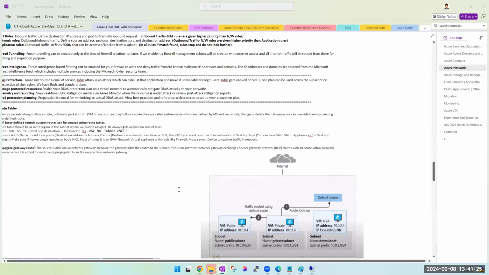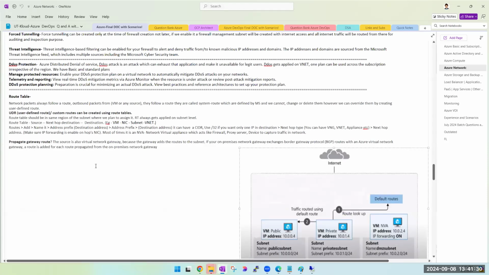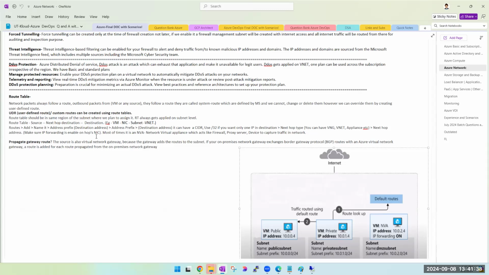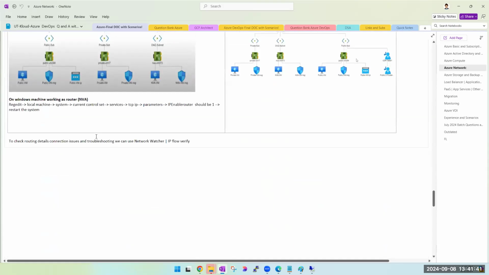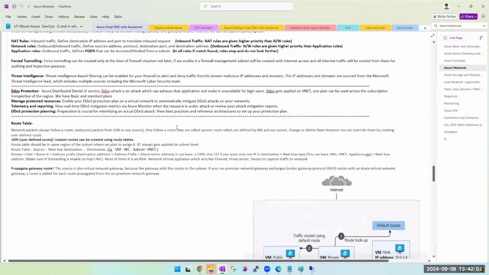By the way, guys, here it is. I have already given that. I have written that I amended this note. I've already given the steps and the procedure for how you can make a server work as a router. I have given all the details here, right? On your Windows virtual machine, for it to work as a router, you have to go to regedit, HKEY_LOCAL_MACHINE, System, CurrentControlSet, Services, Tcpip, Parameters, and find IPEnableRouter. The value will be 0; change it to 1 and restart the system. That's all you have to do. And the rest of the steps you have here.